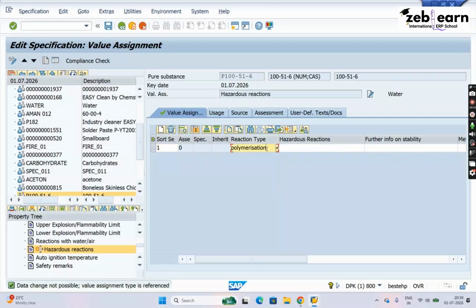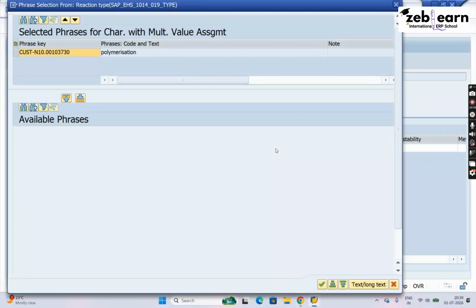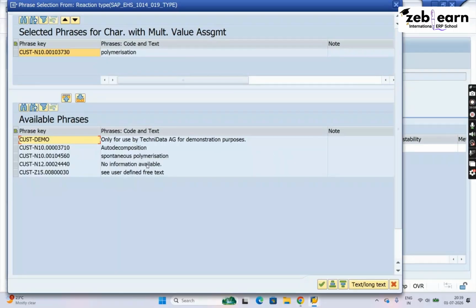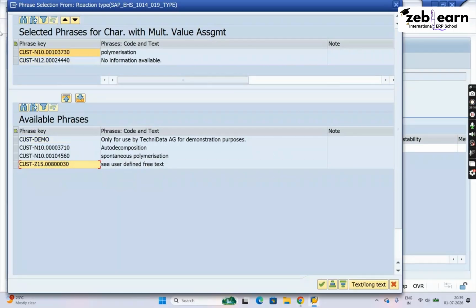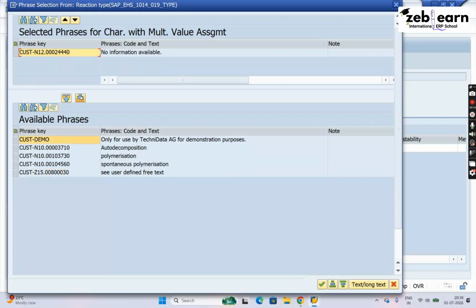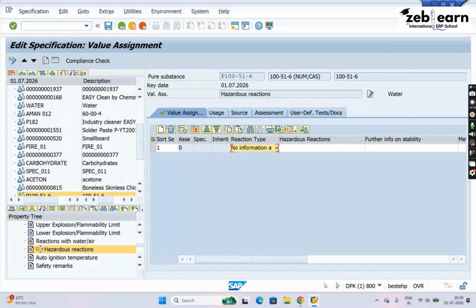I want to change this reaction type from polymerization to no information available. Okay, I want to change it. I will remove polymerization with no information available. So what I am doing here, I am changing the data. I am editing the data. Now save this data. You will get a symbol, an override symbol will come now, which means the hazardous reactions data